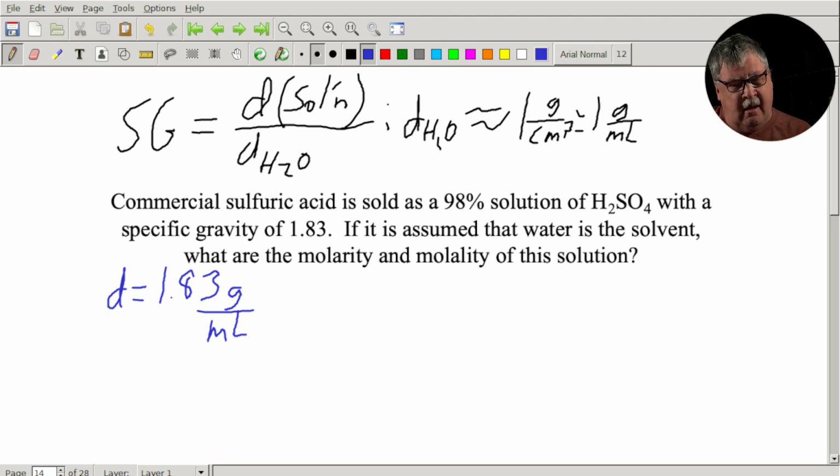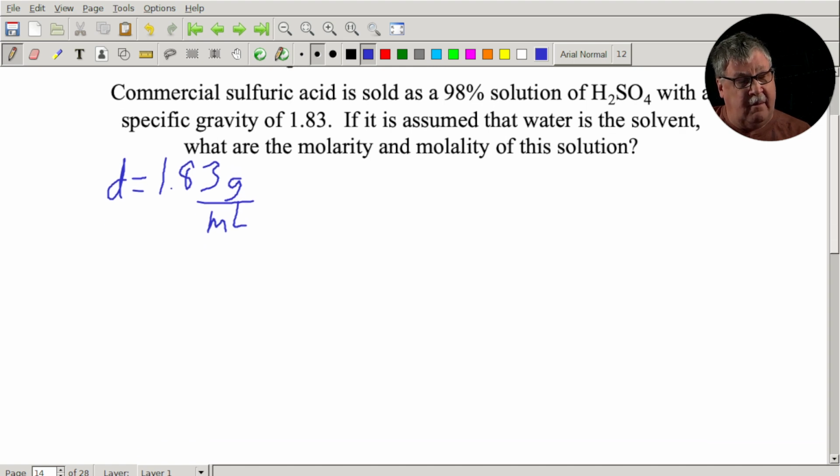All right, now why do we need that? Well, we have to do 2 things with this commercial solution. And this is very practical. Actually, one of them is not very practical, but the other one is. Oftentimes, if you look at the solutions of sulfuric acid that we use in lab, and you might think back to last semester when you took Chem 125 or whenever it was, this is something you saw. You used diluted sulfuric acid in several labs in Chem 125. And we will use it again in several labs in Chem 126. All right, we don't use concentrated sulfuric acid. It's just too hazardous to handle.